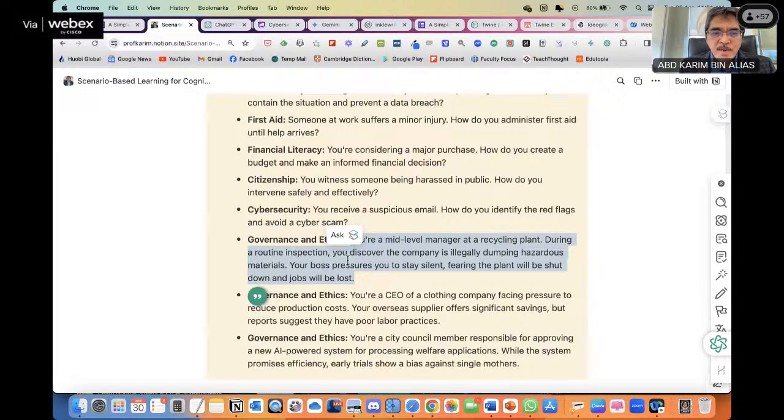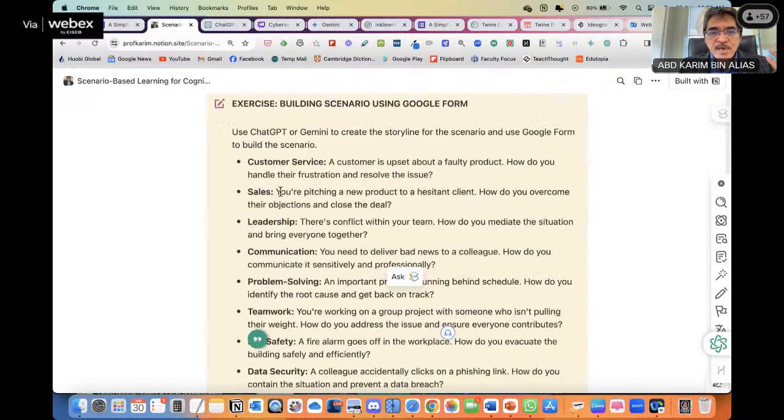During a routine inspection, you discover the company is illegally dumping hazardous materials. Your boss pressures you to stay silent, fearing the plant will be shut down and jobs will be lost. If you like, you can use any of the scenarios listed here to do the exercise on your own.